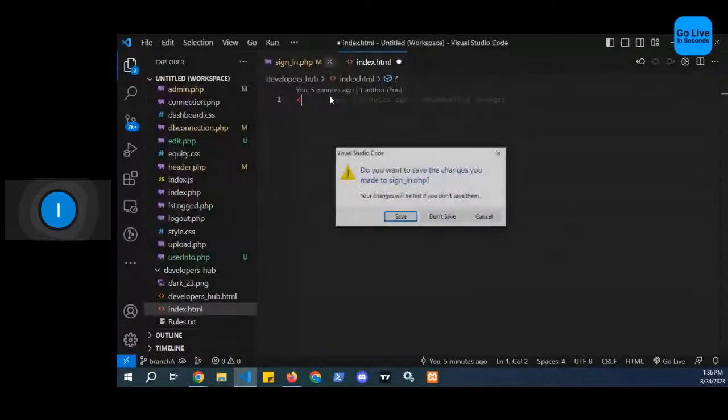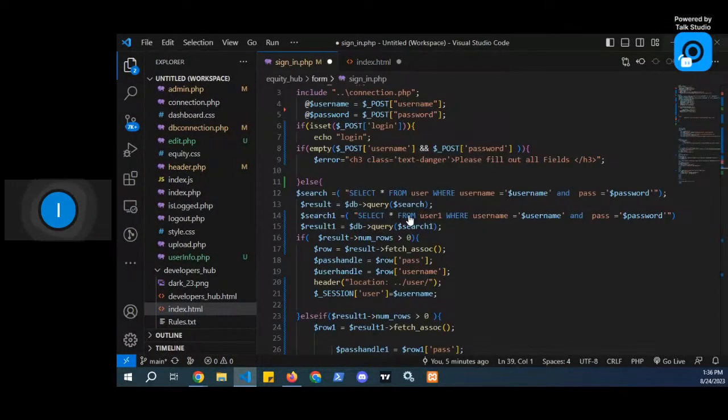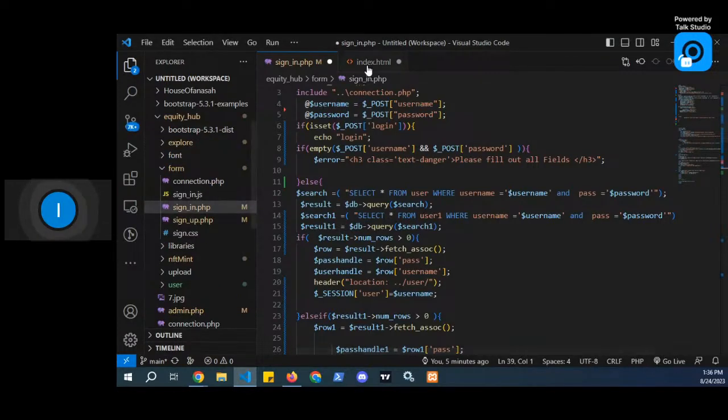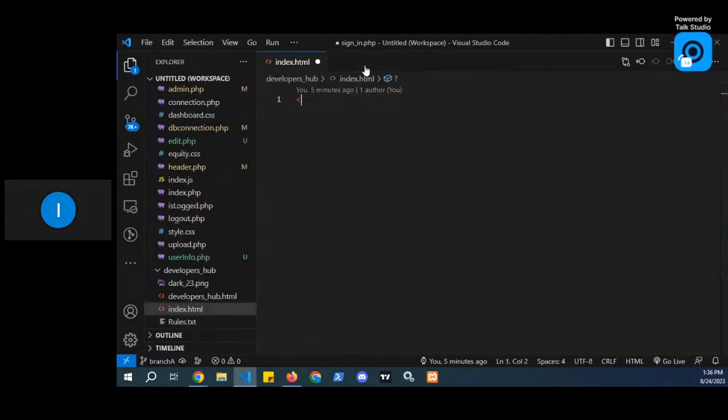So what is HTML? HTML stands for hypertext markup language. It stands for hypertext markup language, and it is used to write